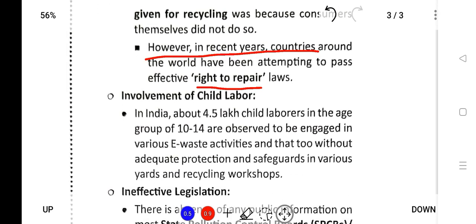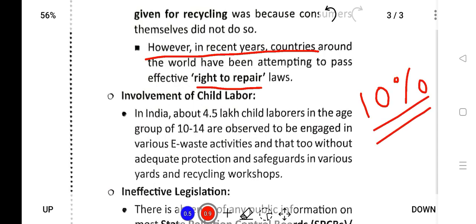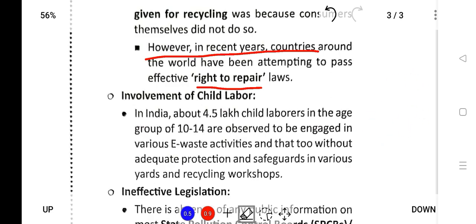And next is involvement of child labor. You see, the production and the disposal of e-waste requires labor, and only less than 10% of the e-waste generated is repaired and recycled through organized labor. The rest of the waste is recycled through unorganized labor, that is Lohatina and Kacharawalas. And around 4.5 lakh child laborers in the age group of 10 to 14 are observed to be engaged in